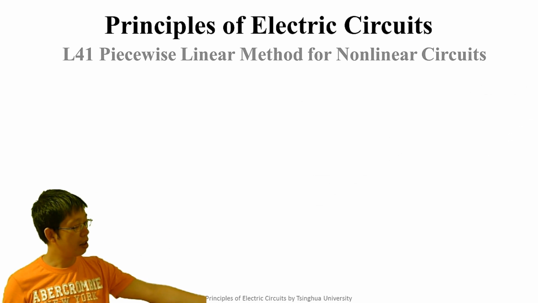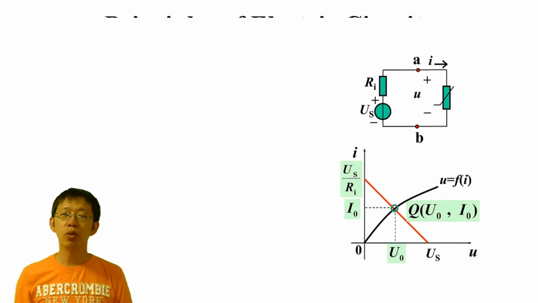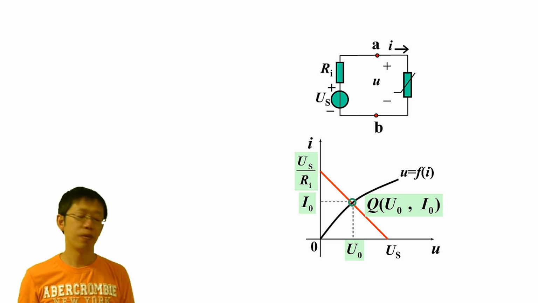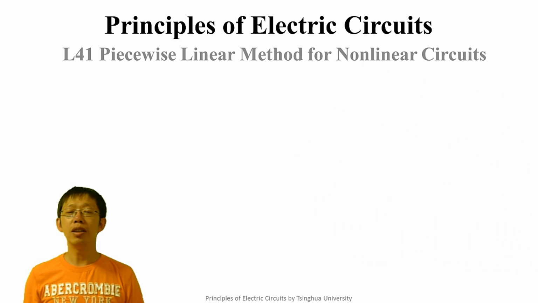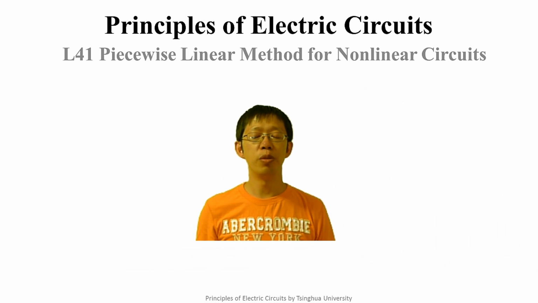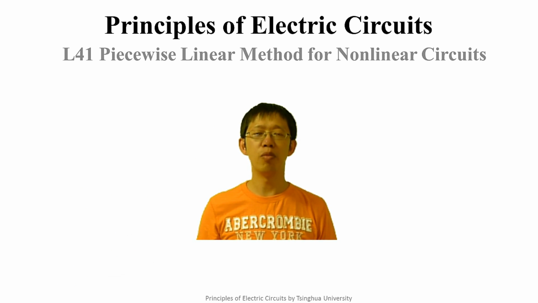Another method is the graphical method. The graphical method is very convenient and practical in engineering. But from the implementation process of the graphical method, you can find that the graphical method itself also brings the error inevitably. Since the solution of the nonlinear resistor circuits will inevitably bring errors,